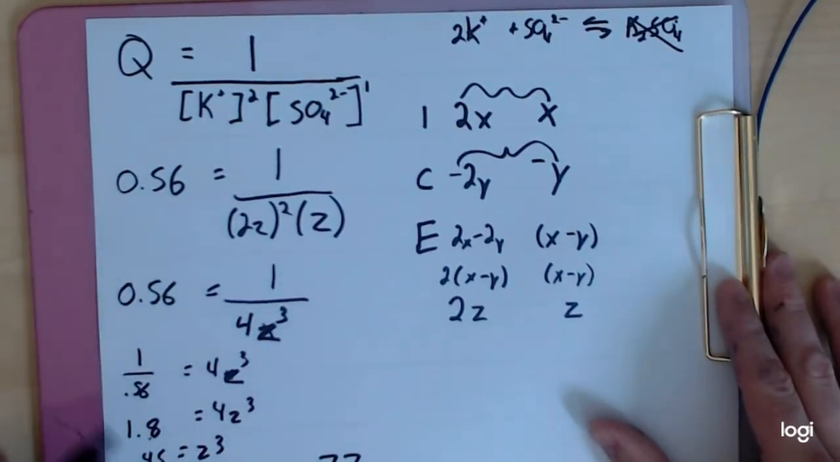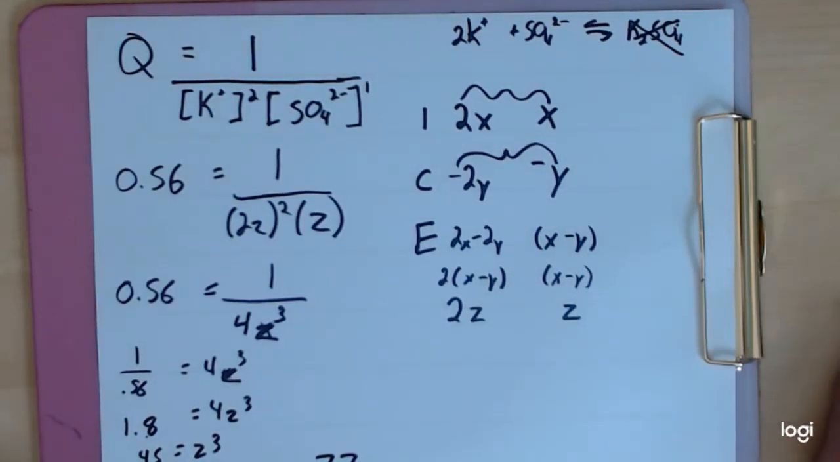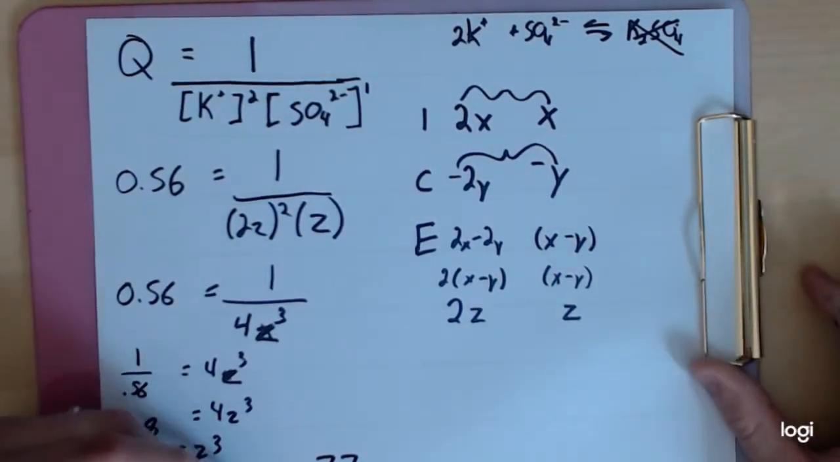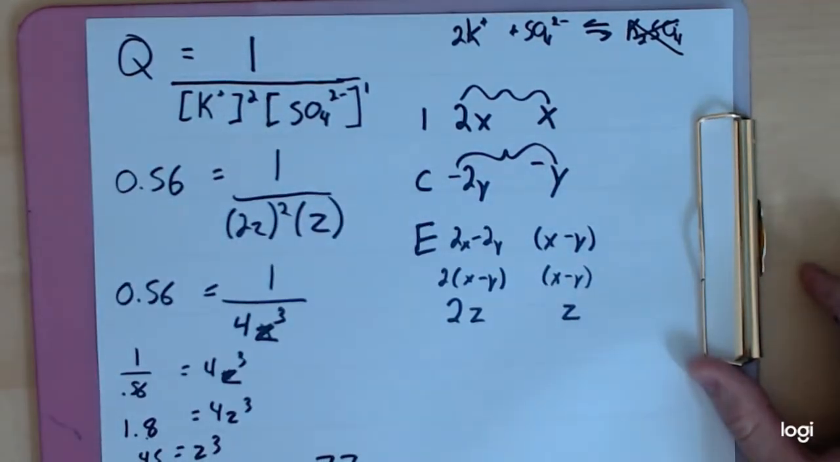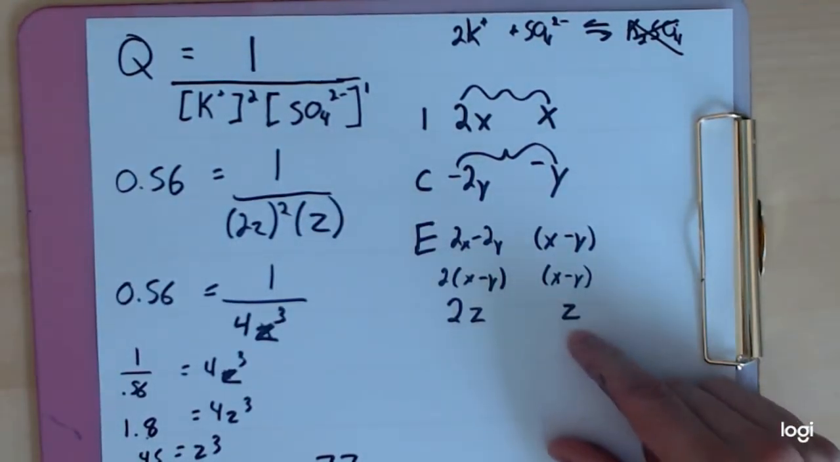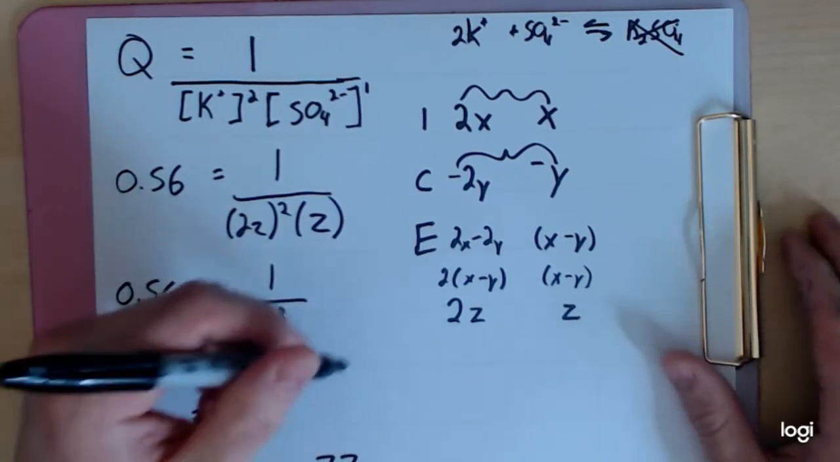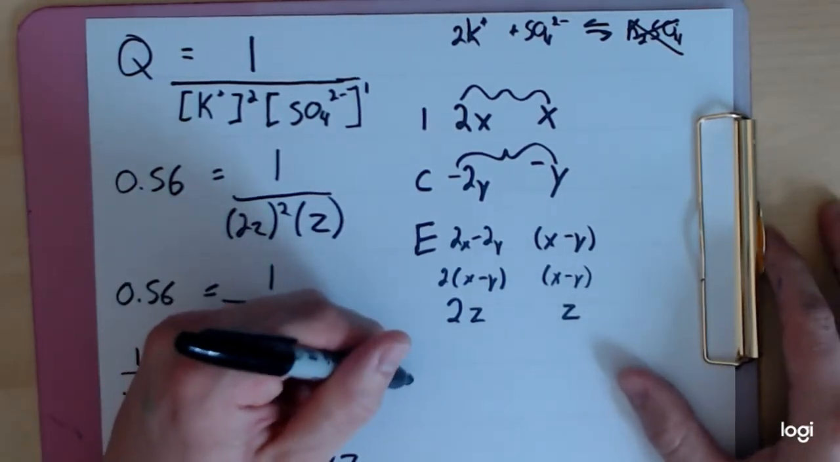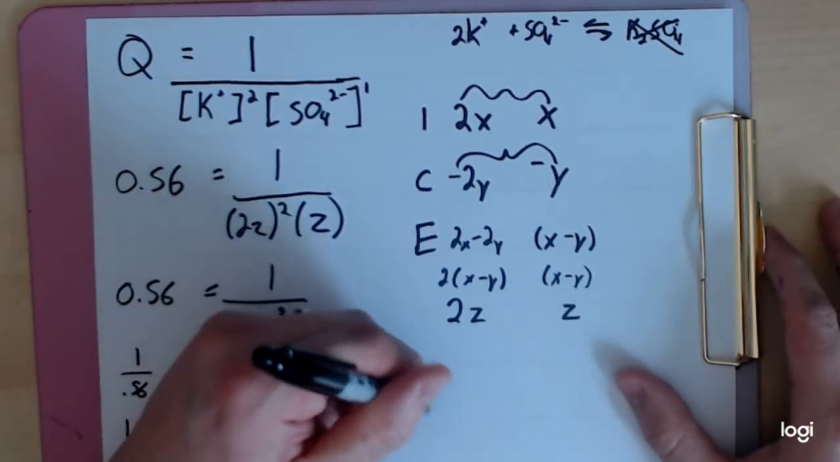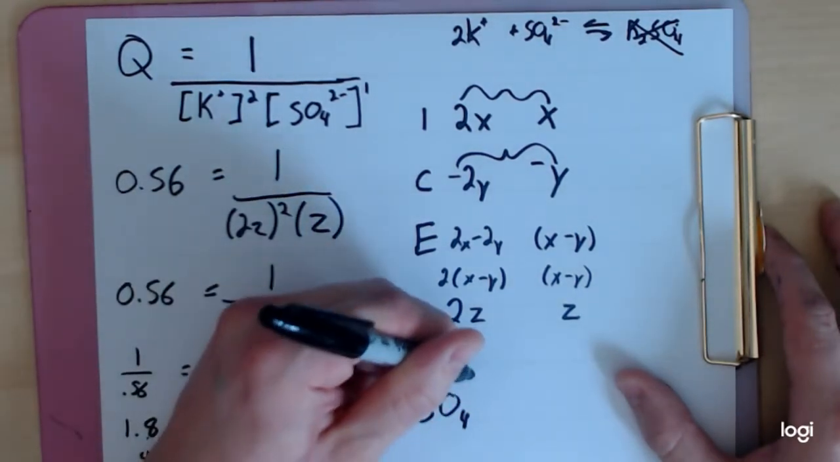Okay, so now we have an expression for z, and the question asked, what is the equilibrium concentration of sulfate in the system? So now just take the z value, plug it into the equilibrium expression that you have for sulfate, which is, again, just z. It won't always work out this way, but it did work out this way in this situation. And you have the equilibrium concentration for sulfate